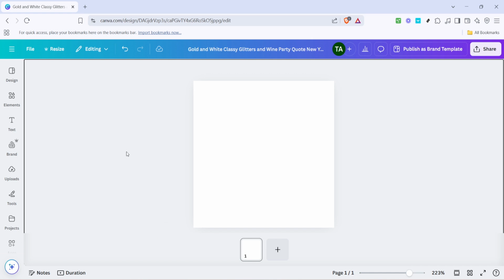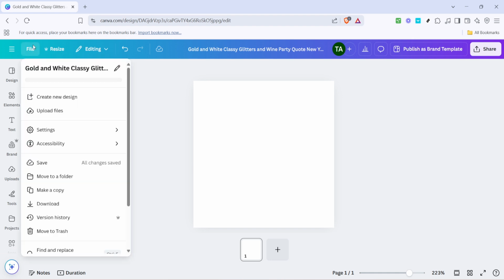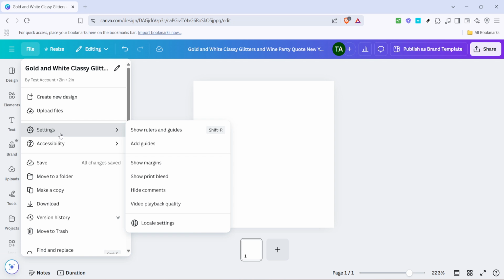After clicking File, you will notice a drop-down menu appears with various options. From here, you'll want to scroll through the list until you spot the Settings option. Clicking Settings will open up additional tools that Canva provides to enhance your design capabilities. This step is vital as it will unlock the capability to add guidelines to your canvas, which is the backbone